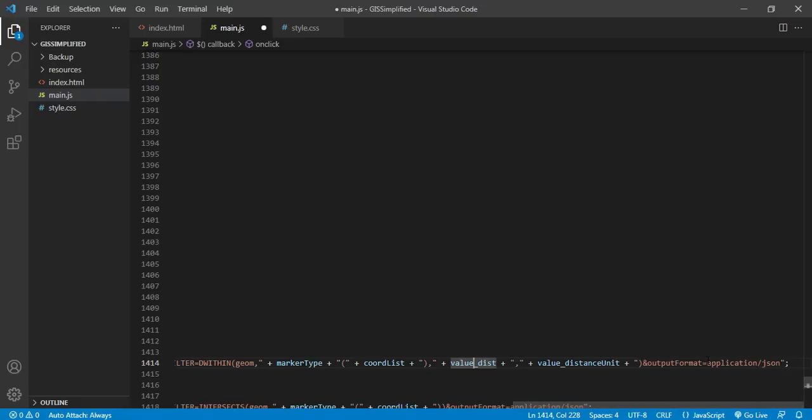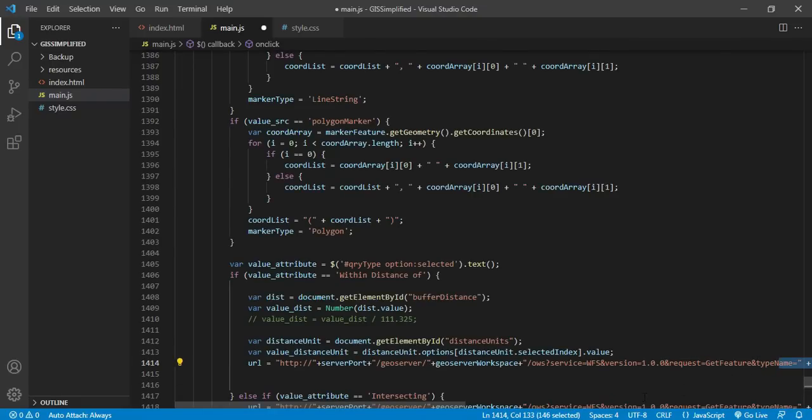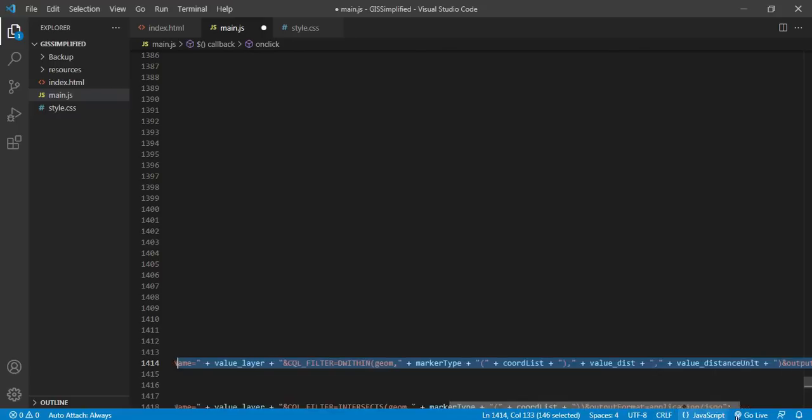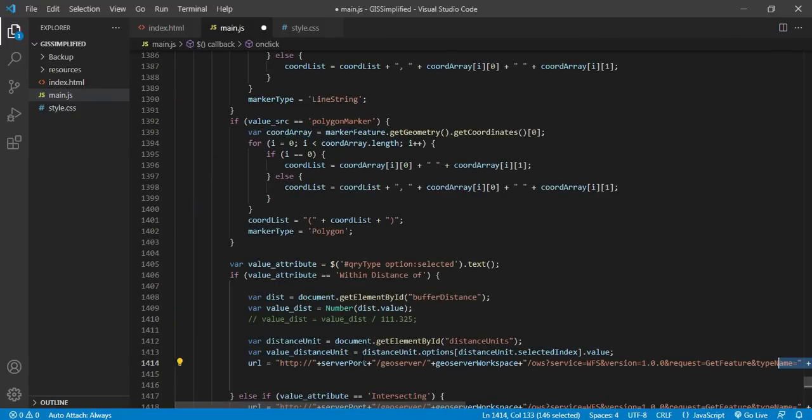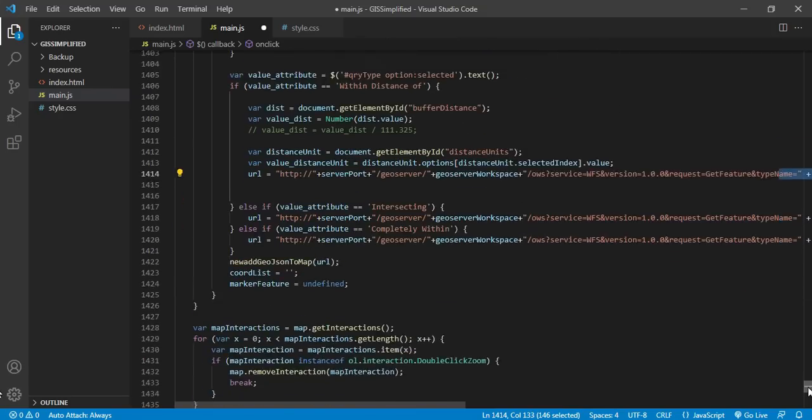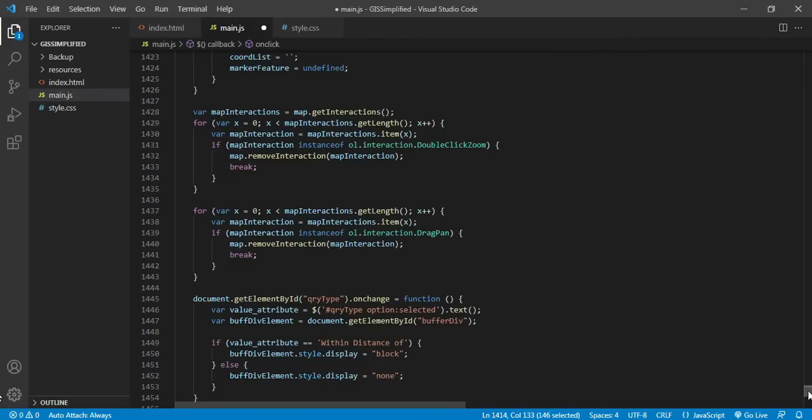Ultimately I want output in the form of JSON. You can see over here I'm asking the system to provide the output in terms of GeoJSON. So the URL is ready. Now once the URL is ready, I'll fire an AJAX query and get the output from the GeoServer. Once I get the response from the GeoServer, I will select the features with cyan color and then zoom to the extent based on the click.